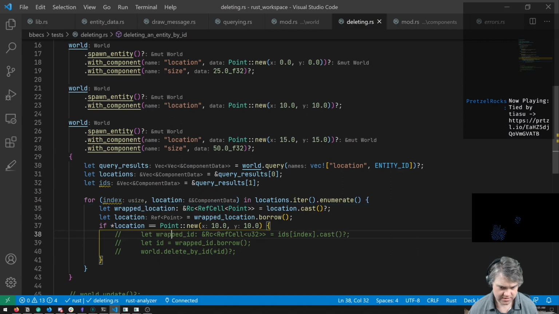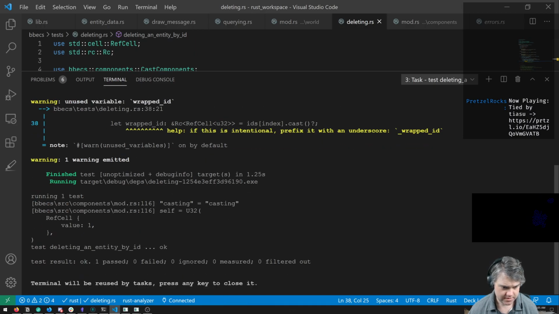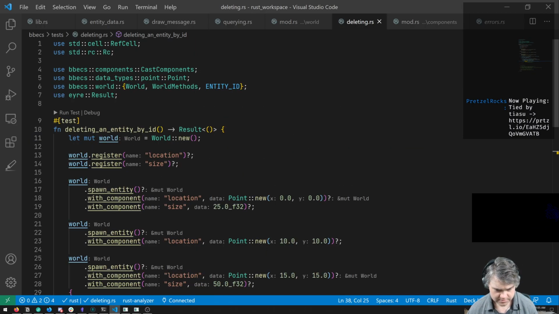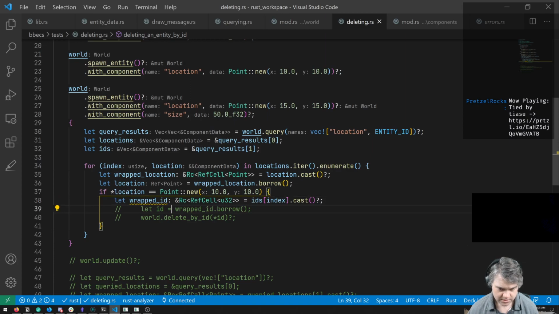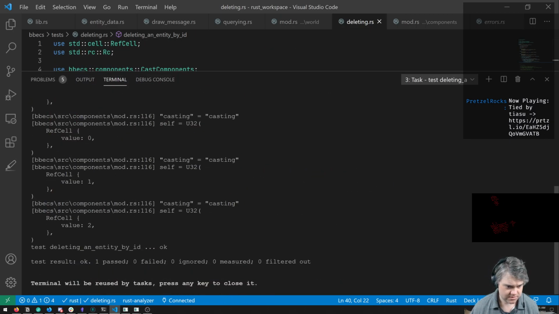Then you should still work. Okay, so you still work. We borrow you out, and then we do the delete by ID. And so my guess is this is where it fails still. It no longer fails here.